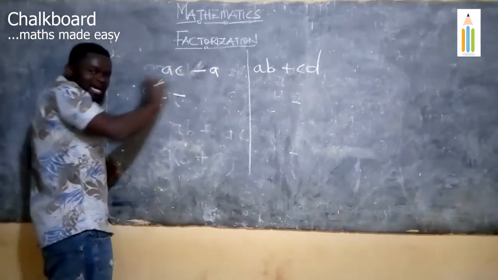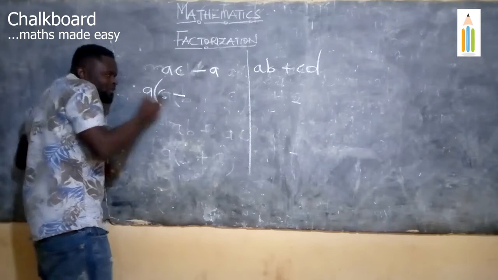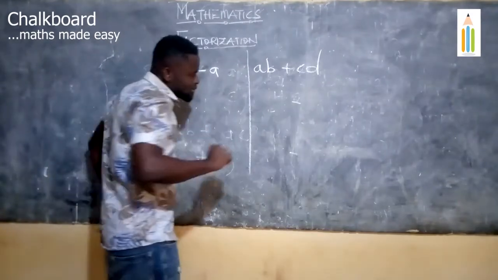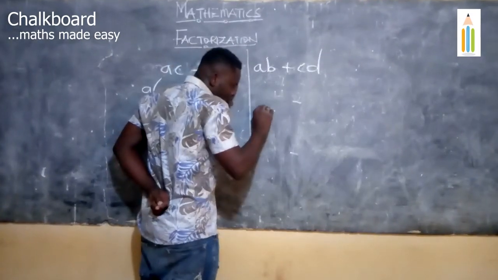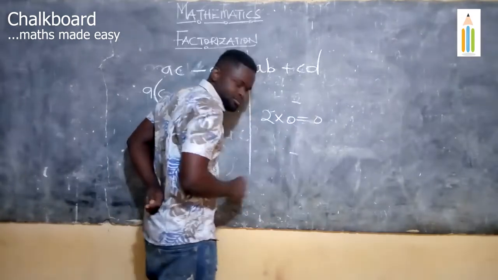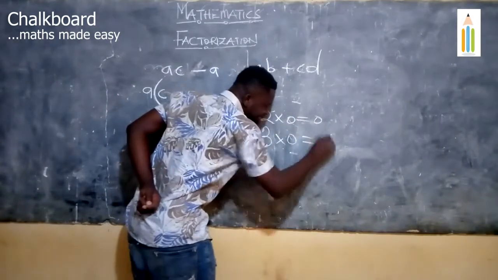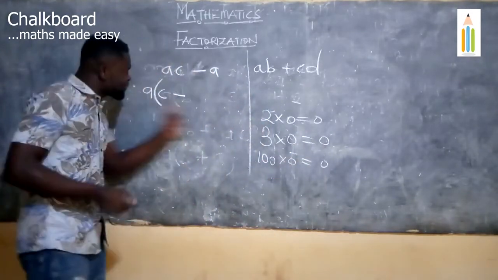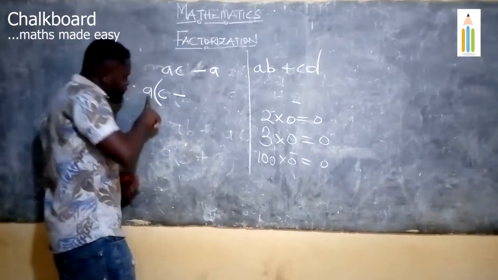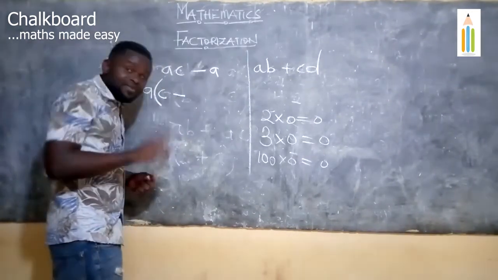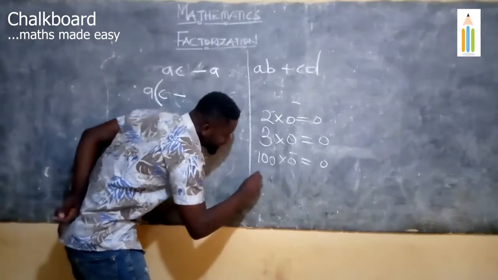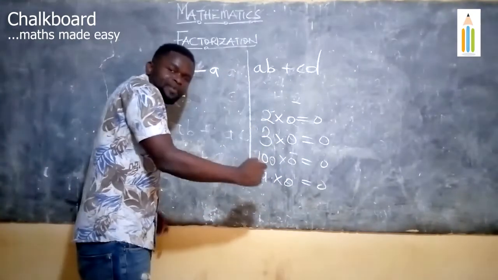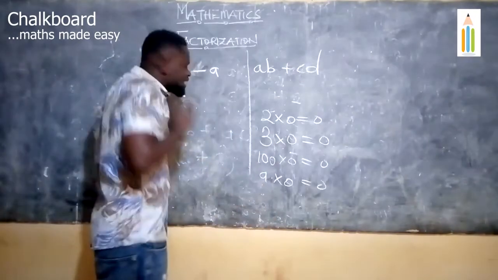Again, after we have our final answer, if we multiply the term outside with the term inside, we have to get back our question. So now, in maths, we know that 2 times 0 gives us 0. 3 times 0 gives us 0. 100 times 0 gives us 0. So it means that if we bring 0 here, if we multiply A by that 0, we are going to get 0. That will give us the wrong answer. The same way as I continue here, A times 0 gives us 0. Any number or any alphabet multiplied by 0 gives us 0.